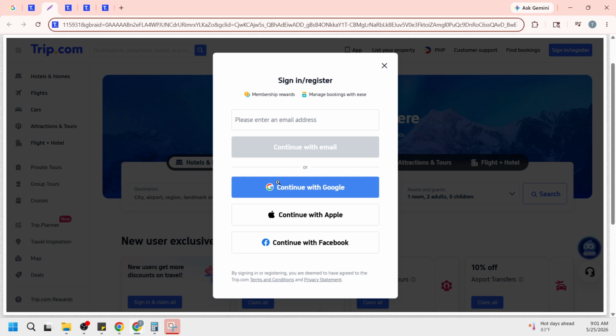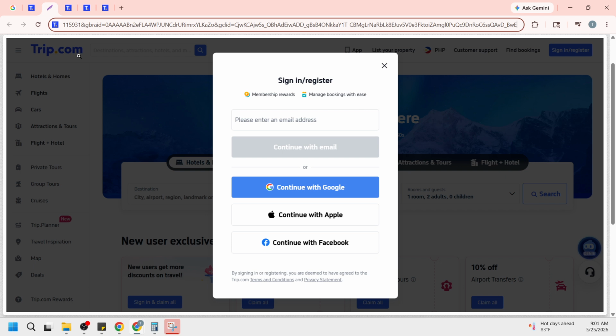If you're logging in with an email or a mobile number, click into the field and type it carefully. For mobile numbers, make sure the correct country or region code is selected before entering the rest of your number. After you've filled in your details, follow the on-screen prompts to continue. Depending on your account settings, you may be asked to confirm a code sent to your email or phone. Enter that code exactly as shown and proceed.